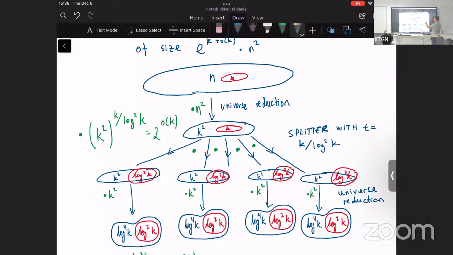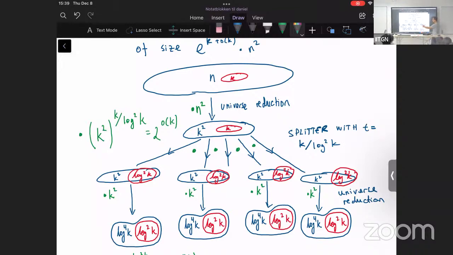That's a sub-exponential factor. I'm very happy to pay a sub-exponential factor. Remember, k squared is also known as 2 to the power 2 log k. So 2 to the 2 log k times k over log squared k, I get 2 to the k over log k. So that's sub-exponential. So this I'm happy to pay. Now, for each one of these, I'm multiplying them together. That's the H to the t factor. And now I need to find a k-perfect coloring family for each one of those.